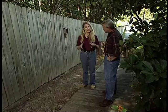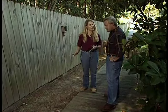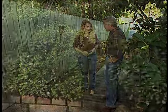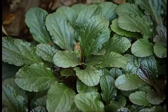If you've got enough sun, then grass is the greatest ground cover there ever was. But you've moved into the shade, so you're going to have to explore some different kinds of ground covers. You can think about things like jasmine, different types of ivies. There's a plant called bugleweed, which is also called ajuga, and it gets a blue flower. It's really nice. It depends on where you live in the country, but there are so many different